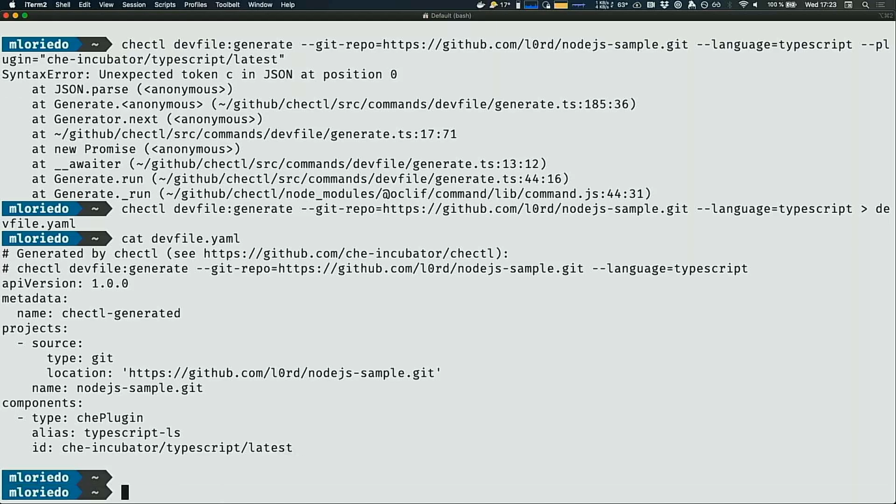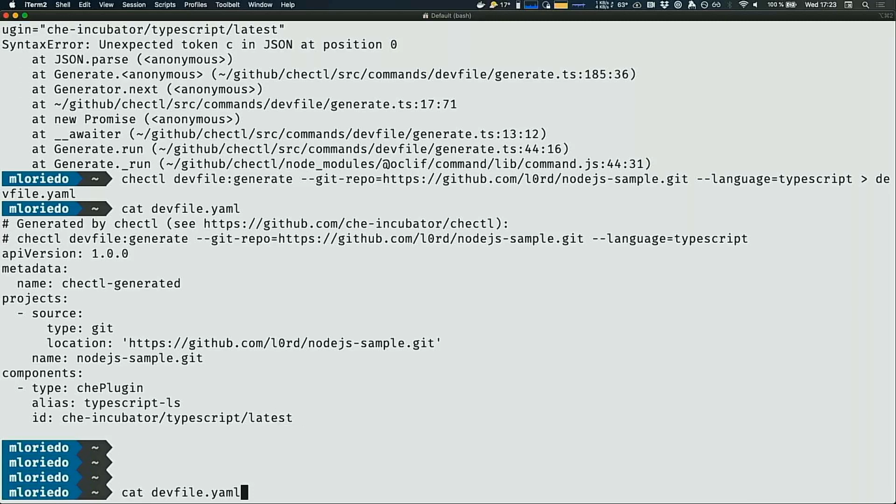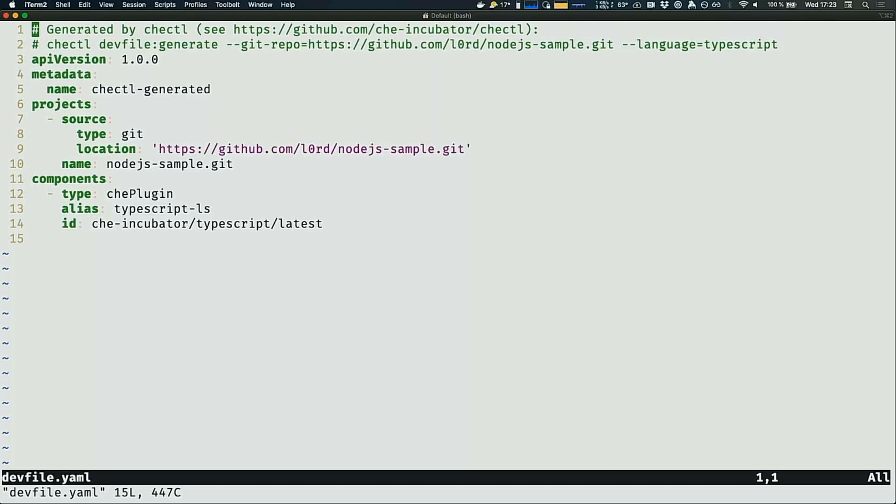And what I can do is manually edit it, and I can just do type plugin alias. I don't need the alias actually.